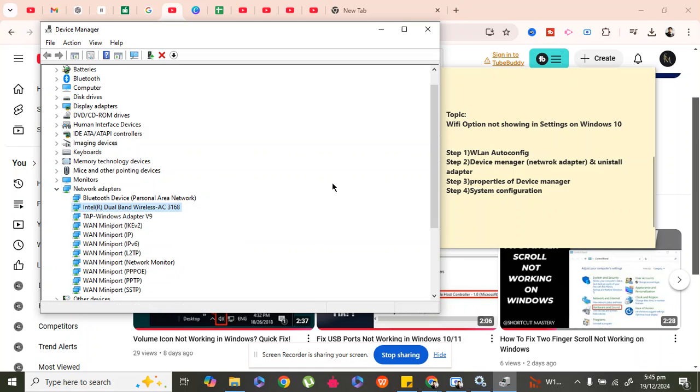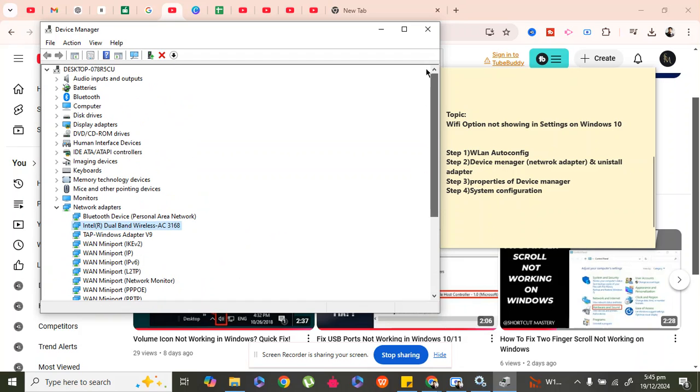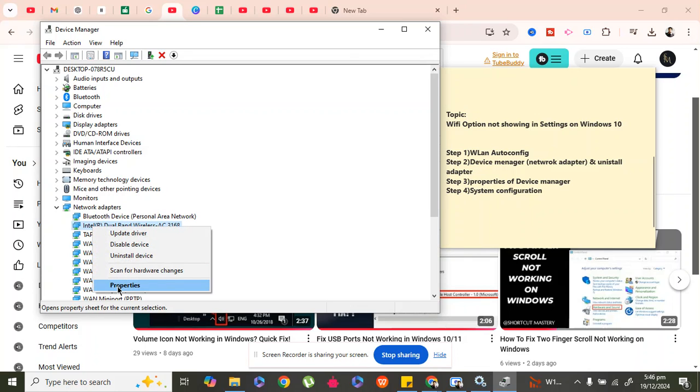right click on it again. By updating the driver, your issue will be fixed. If it doesn't, you should click on uninstall device. By doing this, your issue will be fixed. If it doesn't, again right click on it, and then go to